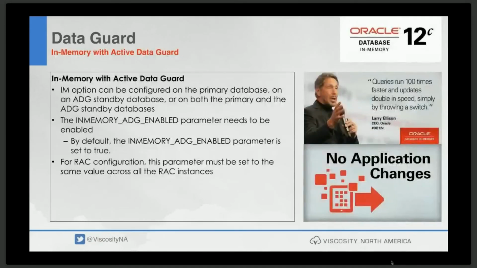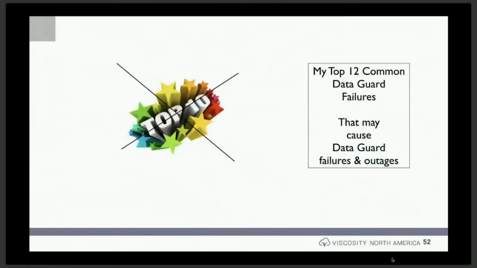Okay. In memory, through Active Data Guard, like I mentioned before, I can have a different in-memory configuration for Active Data Guard from the source. And now think about, as Oracle talks about, memory is 100 times faster. I can even get more value out of my standby database. It's all about total cost of ownership and doing an ROI in terms of the investments that companies make for their data guard environment. So my next screen that I'm about to show is my top 12